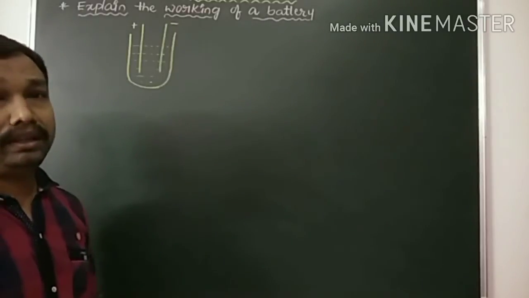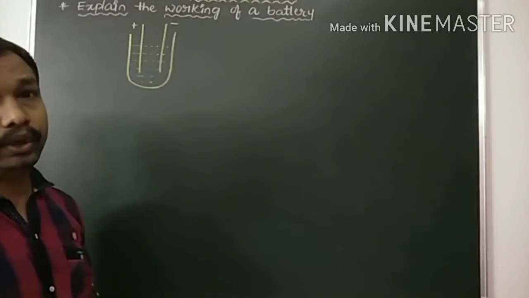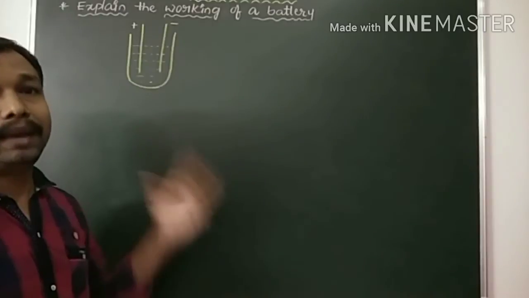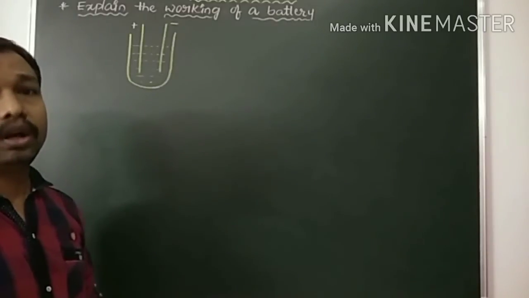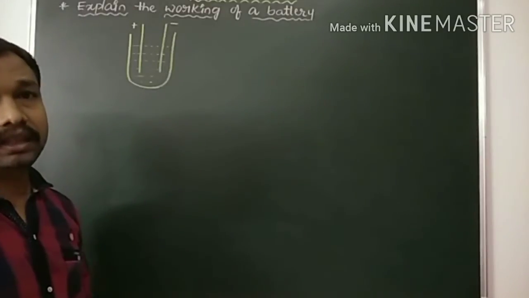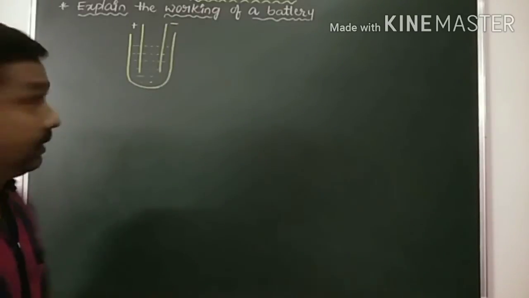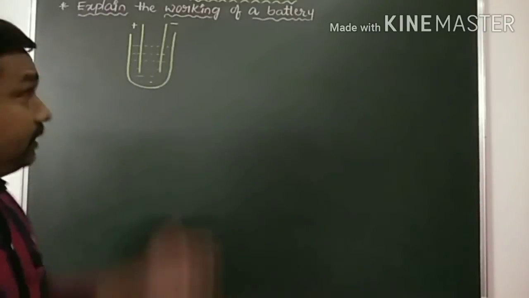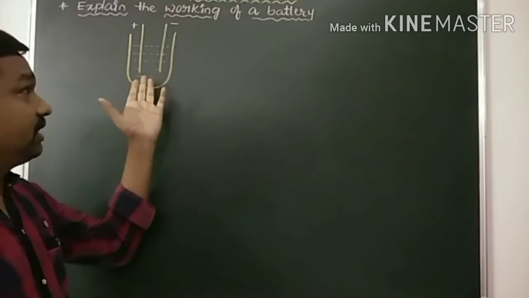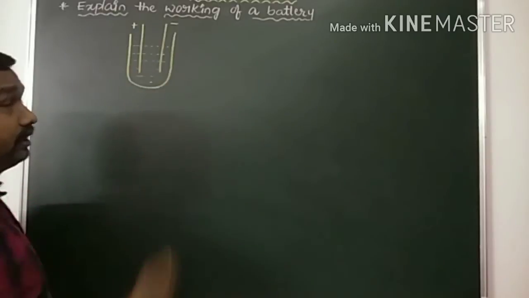What's happening inside of the cell? Let us discuss. If you are going to buy a battery in a shop, how will the condition be when the bulb starts glowing? When we call it a weak cell, that is nothing but a discharged cell, and when it is a charged cell, these are the questions we have. Let us discuss right now. Here we are considering one cell, a device which has electrolyte solution and two electrodes. This arrangement we are calling a cell.